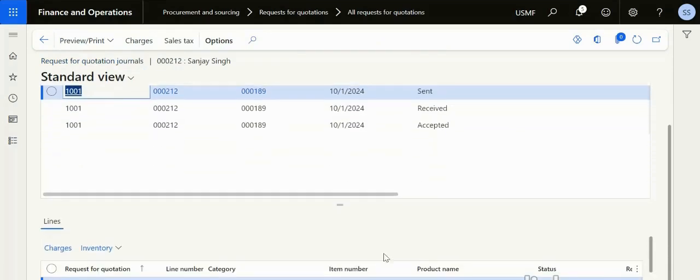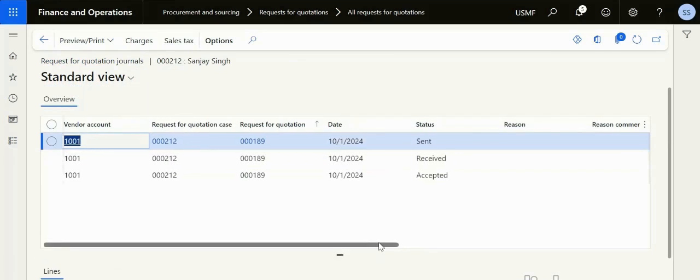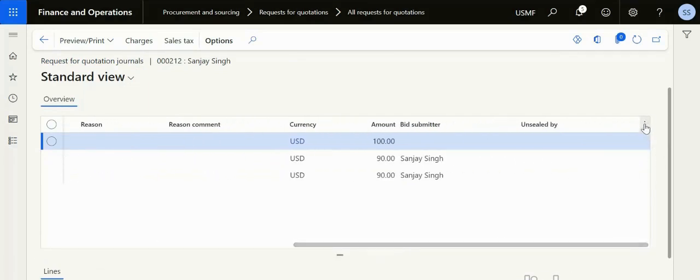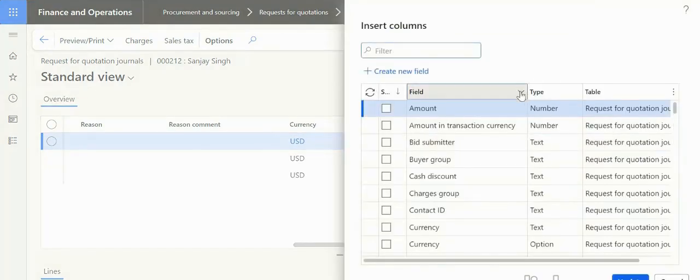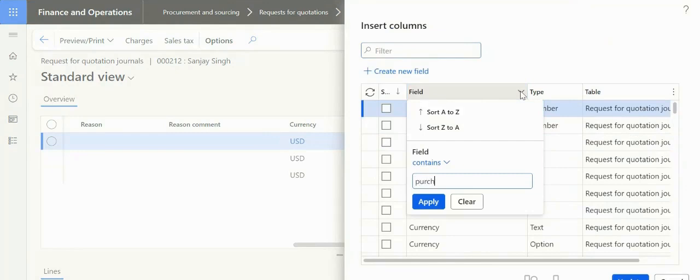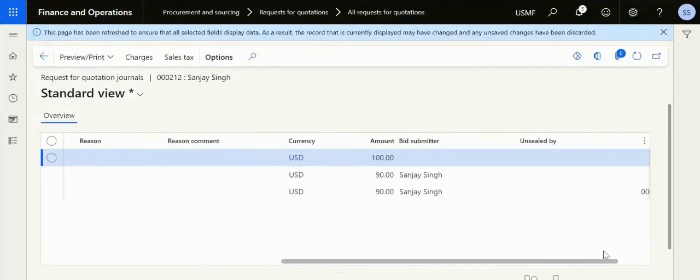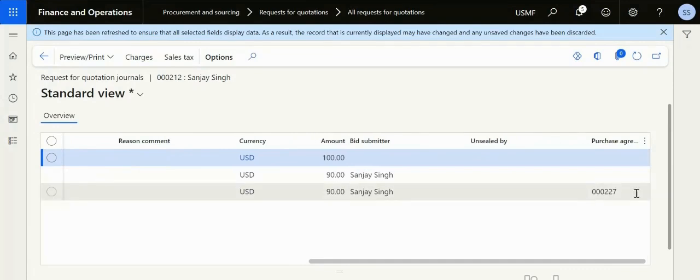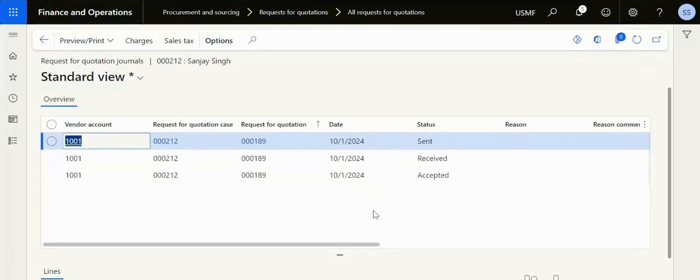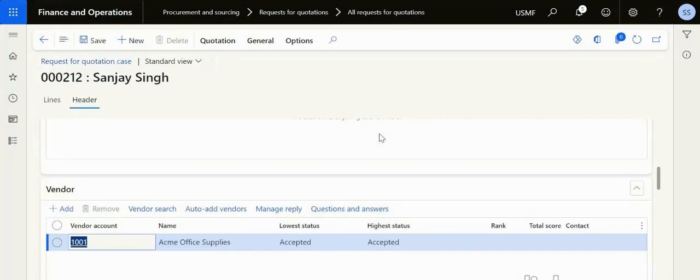Okay, and you can see everything in the journal. And now I'm inserting purchase agreement. So you can see here the purchase agreement is 227. So the purchase agreement is created once the journal is posted. Okay, so now the purchase agreement we can also see by going to quotation, manage reply,